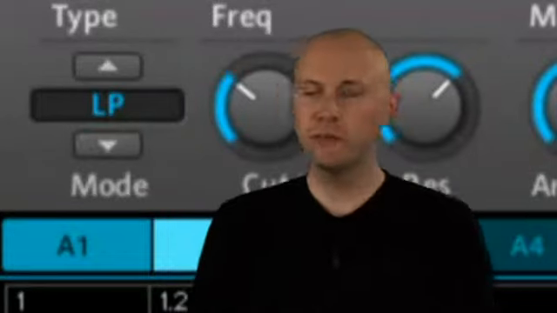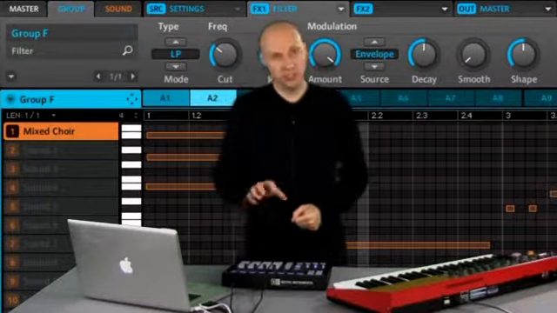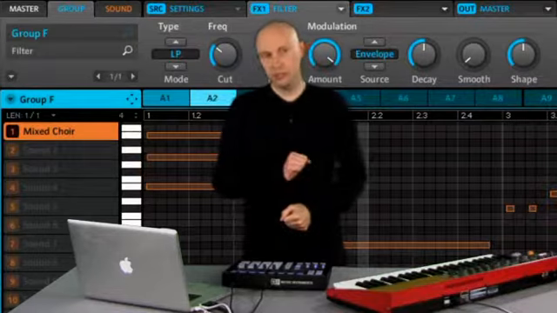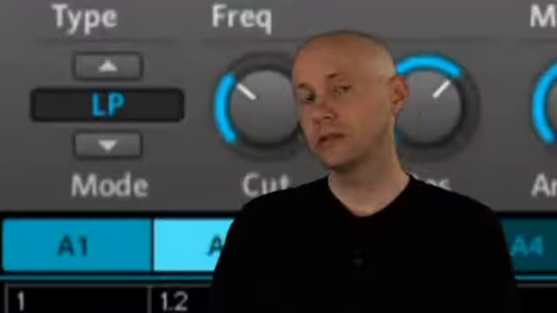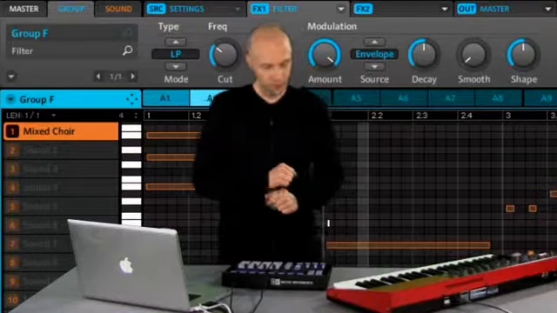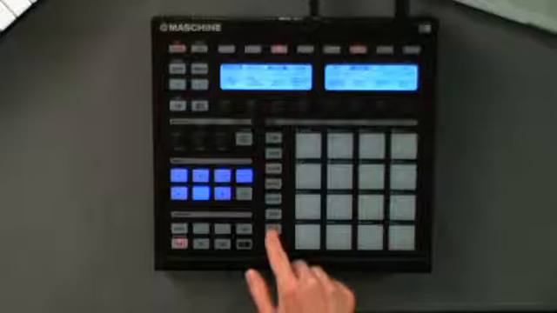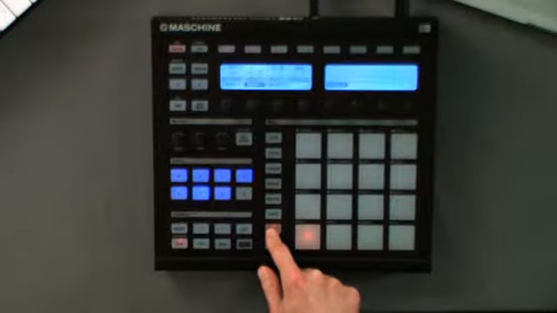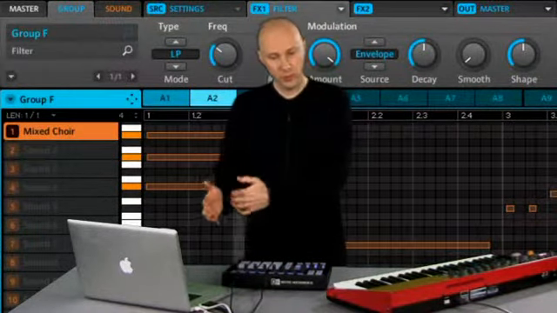Maschine now features improved integration with external sound generating sources. You can use Maschine's pads or internal sequencer to drive an external hardware keyboard or software instrument such as Massive or Contact. Here's how to set that up. Currently, I have a project that sounds like this. And what I'd like to do is have this pad sound, instead of targeting Maschine's own internal sampler, drive an